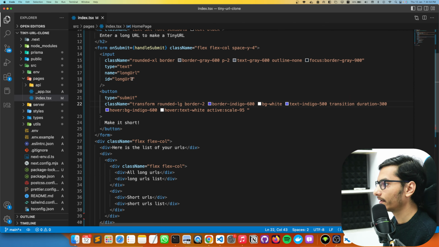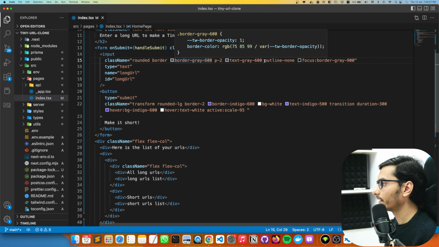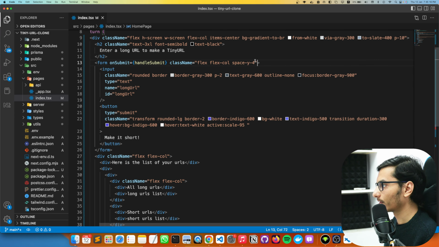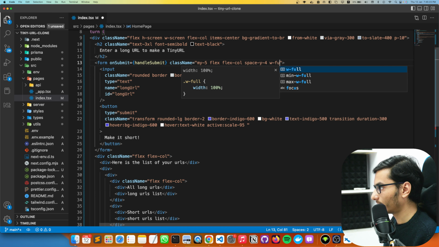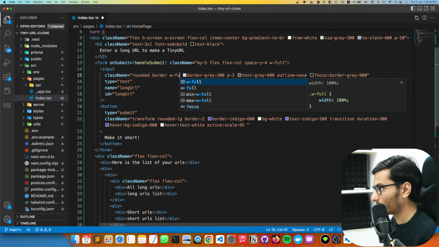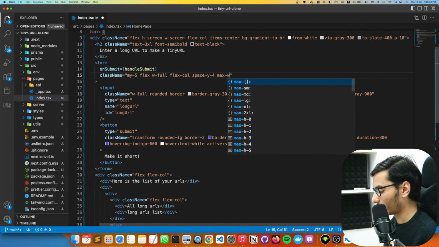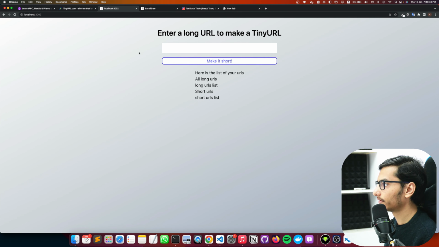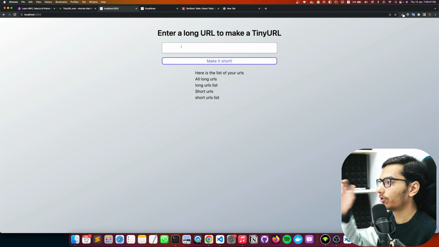Cool. And here become Excel is too much, I don't like that. Cool. Border gray, can give it 300 something. Now it's nice. We need to also give some margin over here, my5. Cool. And we can make it with full. We can also make it with full. Okay, so it is max with MD. It's cool, it's nice. When you click on it will save over, it will make it short and save it